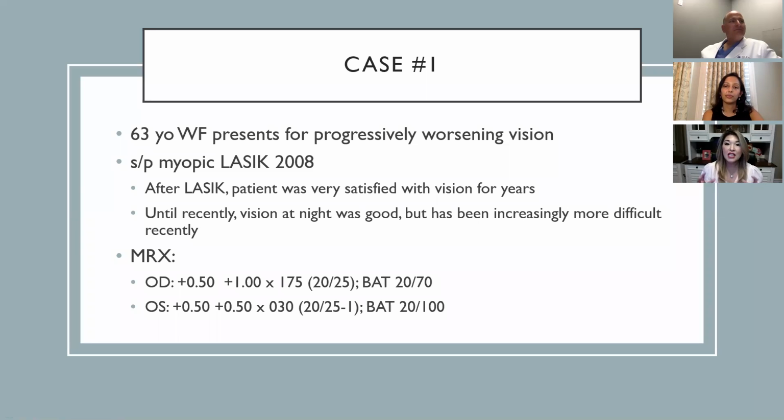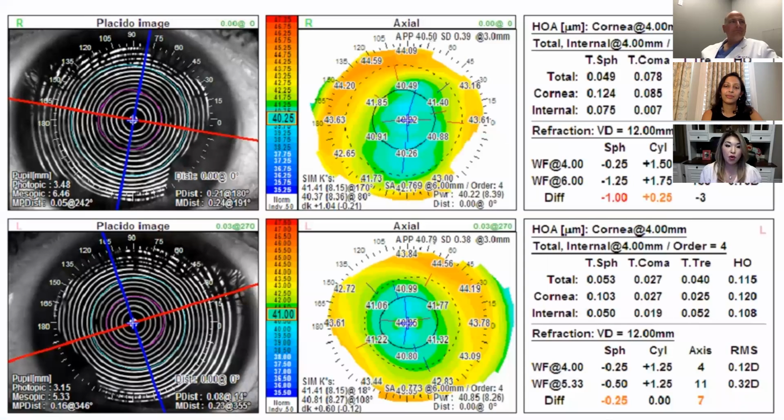This is more difficult because their best corrected vision is still pretty darn good, and their night vision symptoms are really the main reason why they're coming into your clinic for evaluation. Whereas before, these were some of the toughest patients to consider surgery for, because they're coming in due to their nighttime positive dysphotopsias, which you're trying to help,